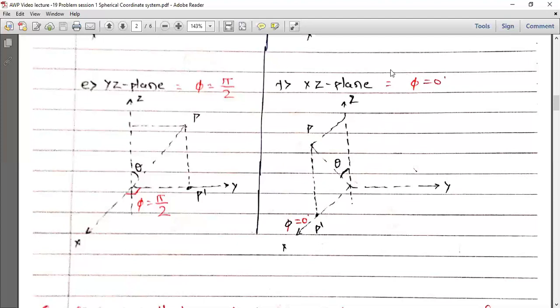If point P is in the region where X is negative, the projection of point P will be on the negative X axis. So the angle between the positive X axis and OP dash, or the angle between the positive X axis and the negative X axis, will be pi. And that's why for these two situations, you will find